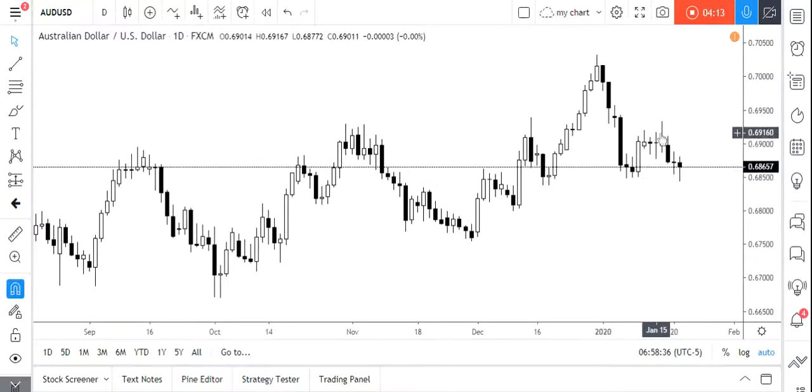If you compare this recent 4 days movement with this movement of January 10, you'll see that it has taken 4 days for AUD USD to erase this 1-day movement. So that's why there is still an upward bounce on the table, but maybe we should not be going long in